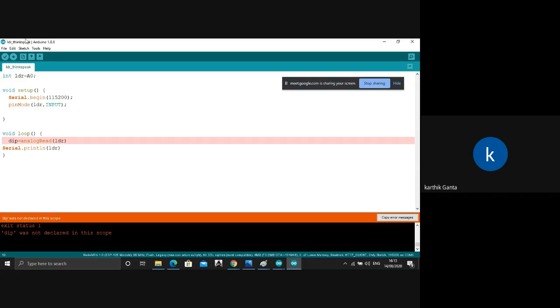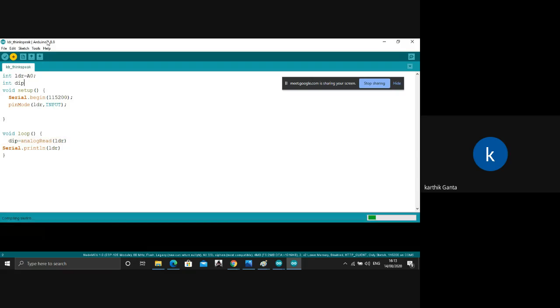Sorry, diff was not declared. You have to go here and declare it. Whatever you are going to make global, just declare it here always, then the values will remain global throughout the program.